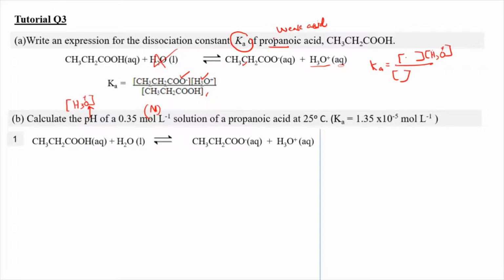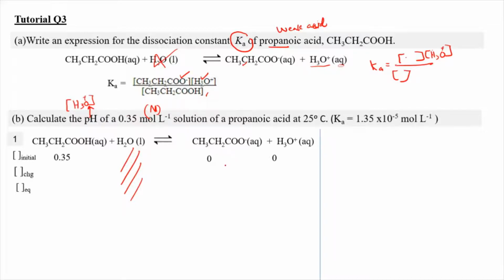So we can write the equation first, and then we're going to use the ICE table, which is the concentration at initial, the change in the concentration, and then the concentration at equilibrium. At the initial stage, the concentration is 0.35. For the liquid here, we can ignore that altogether because liquid is not included in the equilibrium constant for the acid. And then at the initial stage, the ions are not present, so it's going to be 0 and